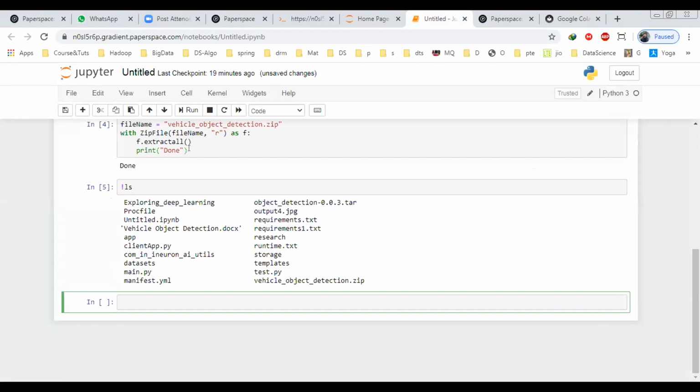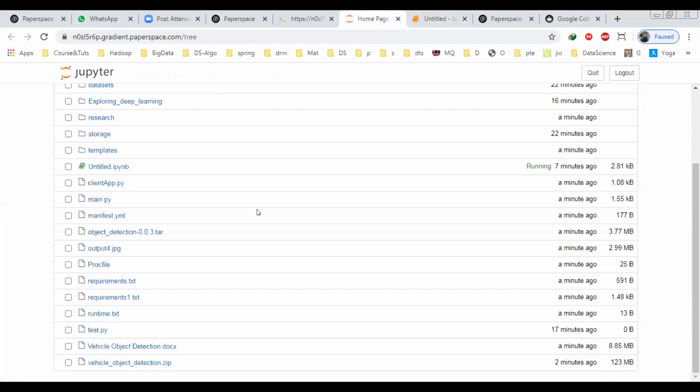But after 6 hours, once it gets disconnected, I suggest that before that you download your model. Whatever model you create, just save it and download it to your local machine. Let me give you an example. Let's say this is my model.